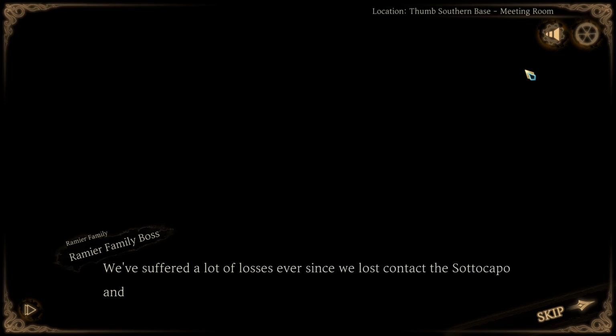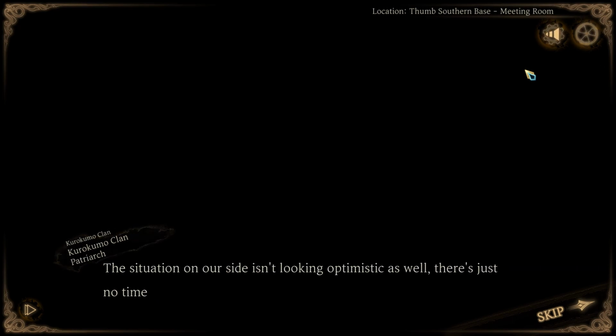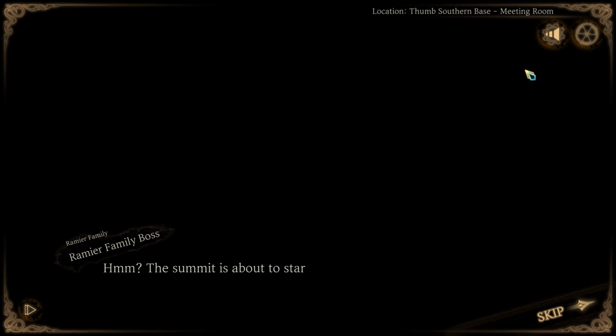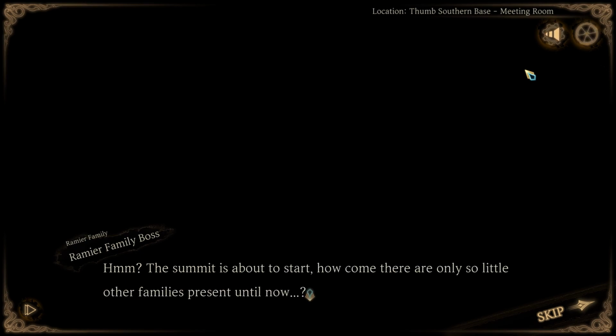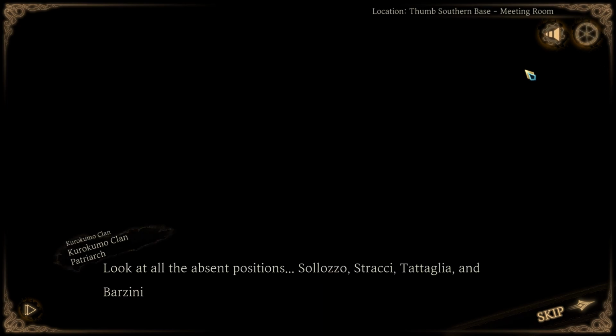We've suffered a lot of losses ever since we lost contact with the Soto Capo and his Capi. After that massive attack launched by the Index, I was left with less than 30% of available personnel under my command. The situation on our side isn't looking optimistic as well. There's just no time for us to count the dead and wounded. The summit is about to start. How come there are only so few other families present until now? Counting us, only about 6 families are present. Look at all the absent positions. Soloso, Strassi, Tataglia, and Barzini. Those families all seem to be...